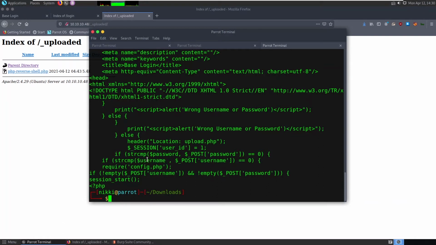So we need to enter the correct username and the password. That results in 0. You can see here the strcmp function has only used two equal signs. Now we can say that we need to do something to bypass this strcmp function to return the value 0.